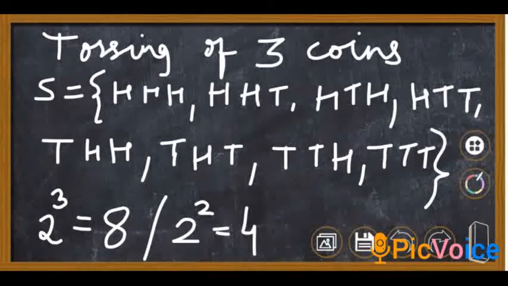Now the sample space of 3 coins, you are tossing 3 coins. So it will be HHH, HHT, HTH, HTT, all the different combinations, and this comes out to be 8. How to find out the total number of combinations? Now we are tossing the coin. Coin is having how many total outcomes? 2, either head or tails. So 2, and since there are 3 coins, 2 raised to 3, that is 8. When we toss 2 coins, it was 2 raised to 2, that is 4 outcomes.